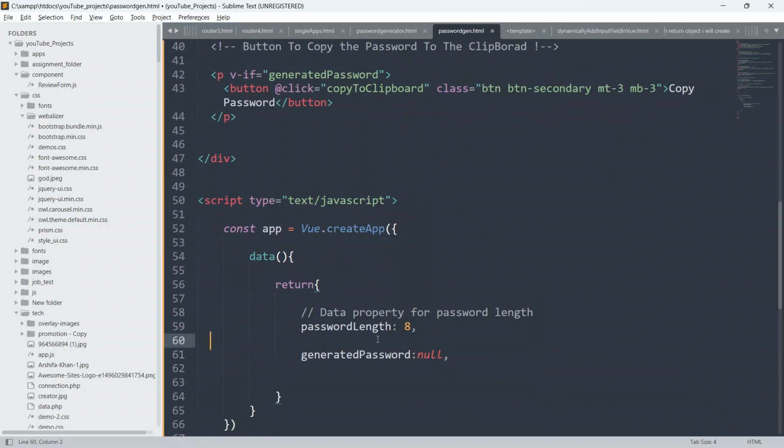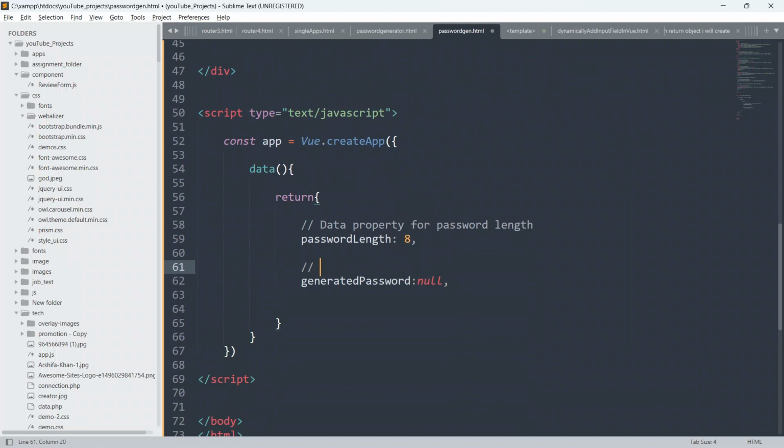I will write the comment here also for you: data property to store the generated password. This is the variable or property where we will store our generated password.